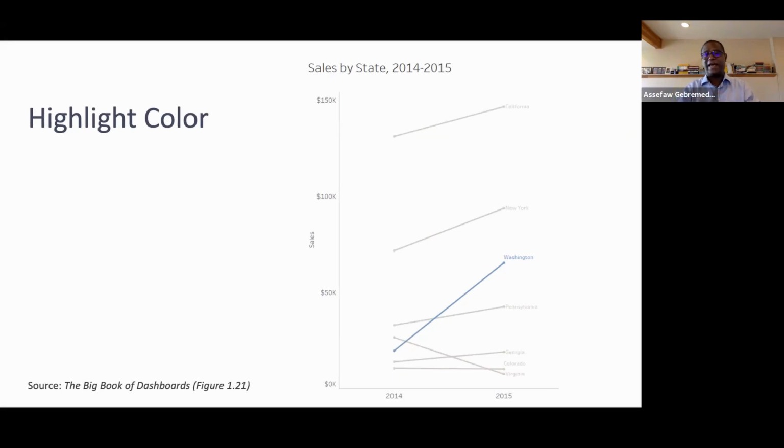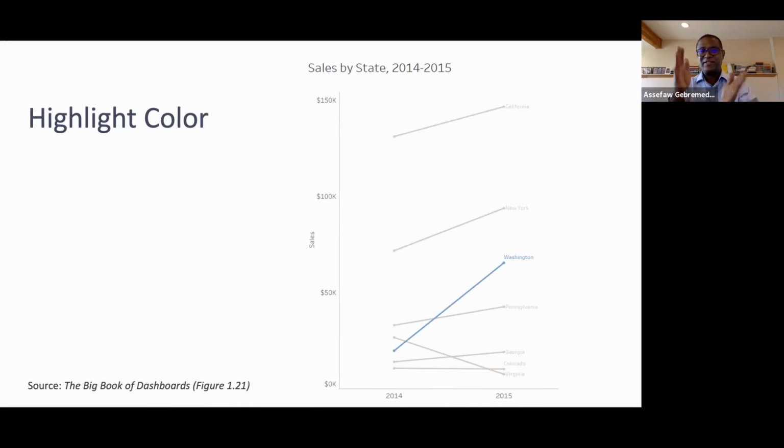This particular one, I like it because it's trying to highlight the state I live in. So everybody should cheer up for that one. All of these other states are there. Who cares? Washington is the one we care about, and so it's shown in blue. There's a dollar sign, and so there is something about sales and so on. I don't know what is being sold. I'm sure it's probably something good. I hope it's not